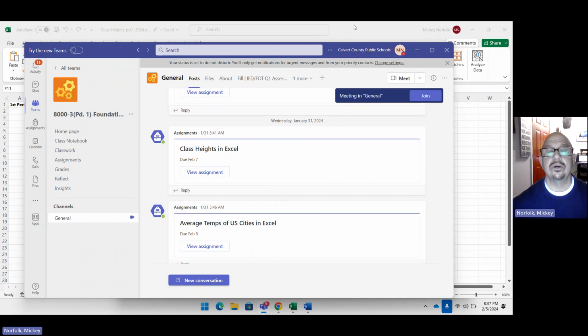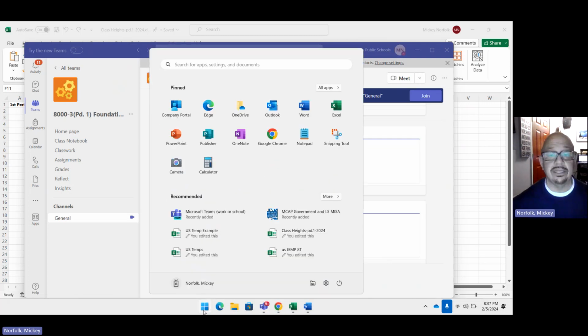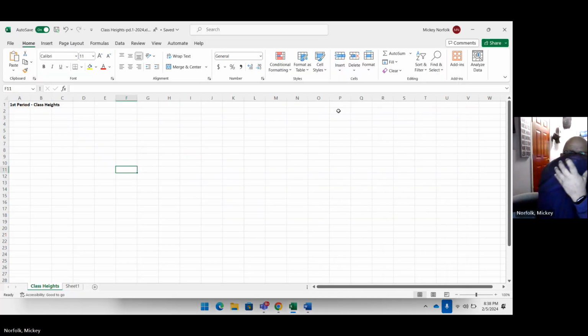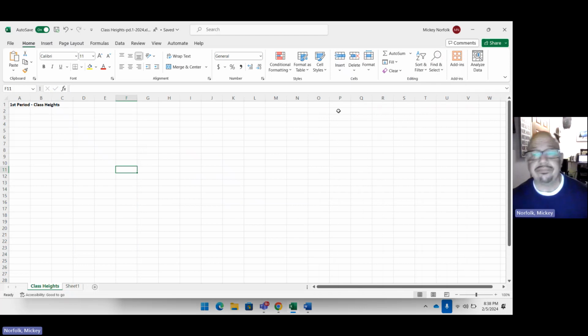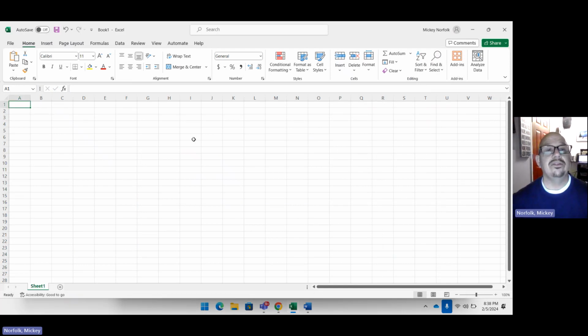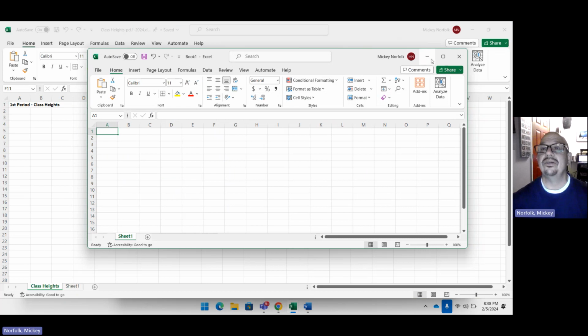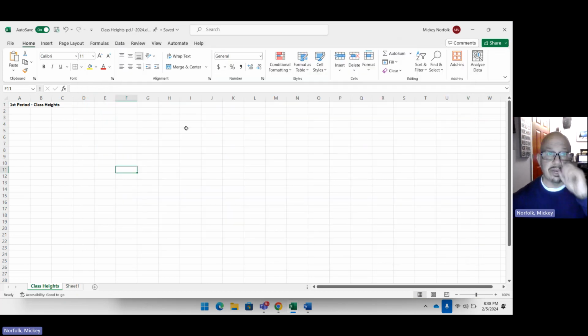Okay. So the first thing I want you to do is go in and hit the Microsoft symbol down here, and hit Excel from the desktop. All right, and it's going to open a spreadsheet like this, okay? But I'm going to close this one because I want to use the one behind it. It's basically going to have a spreadsheet just like this, and I want you to hit the